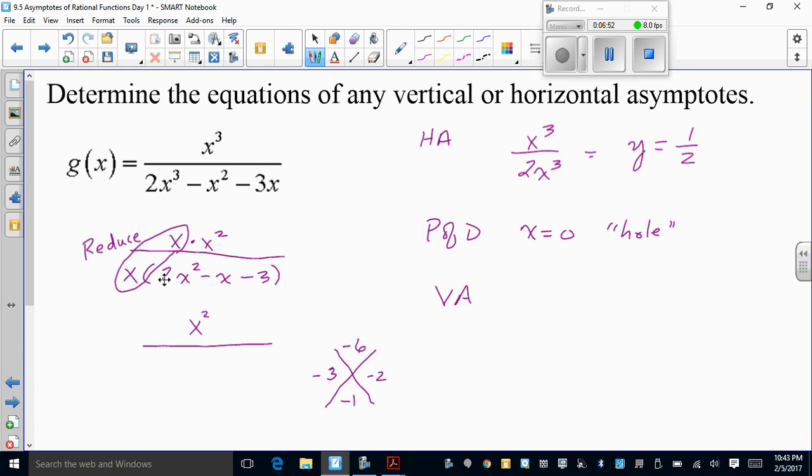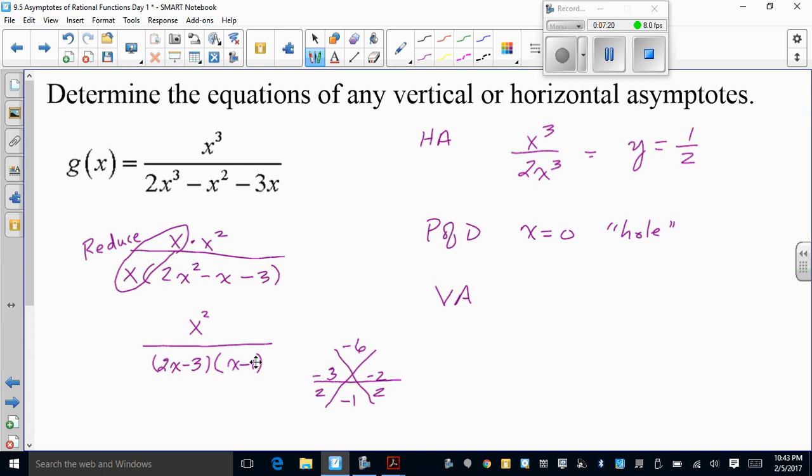Divide by 2, divide by 2. This guy reduces to negative 1. And the other guy does not, so he's going to come up front with the x. We get 2x minus 3. And if I multiply this out, I'll get this back. 2 times x gives me the x squared, 2 times negative 1, and